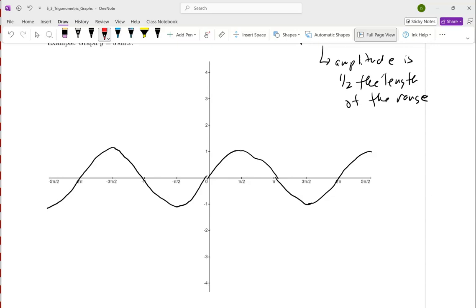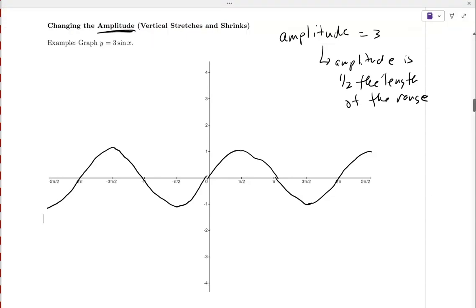All right. So what happens with the 3 on the top when we multiply on the outside? We said it affects all the y's, right? Does this point change? Does this one change at all? No, that one doesn't change. Where does this one end up? Here. 3. It goes up to 3, right? It was at 1. It's going to go up to 3. Does this one change? This one here? No. This one's going to go down to -3. This one will stay at 0. This will go to +3. -3, 0, 3, 0, and so on. So you'll get something that looks like